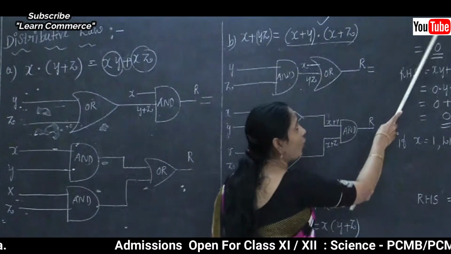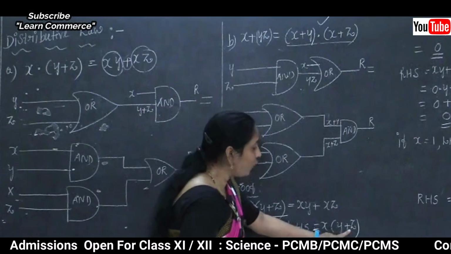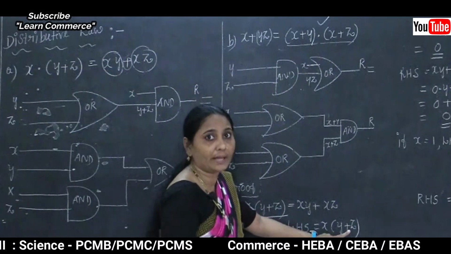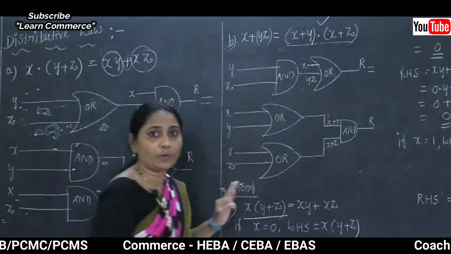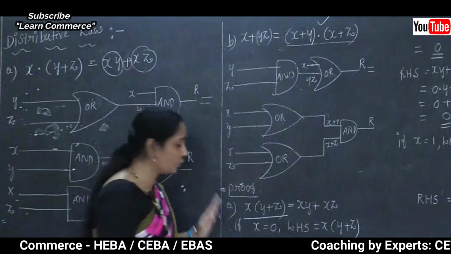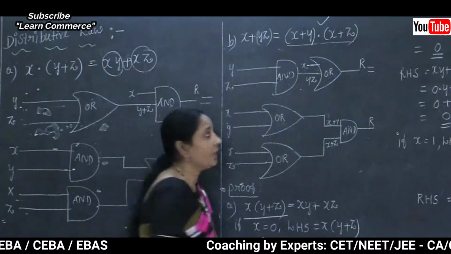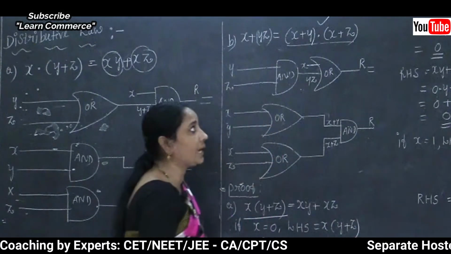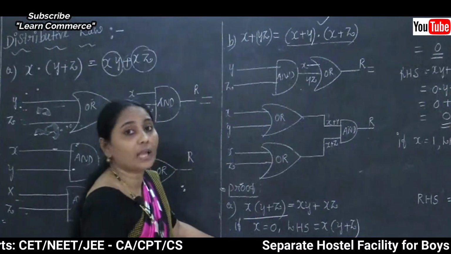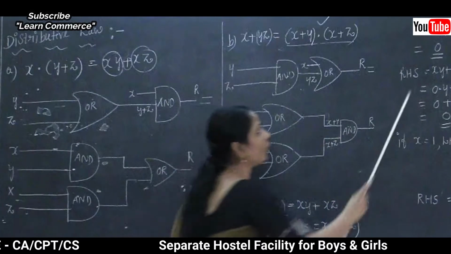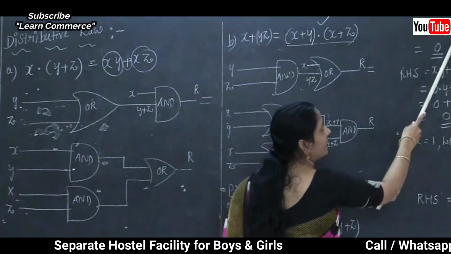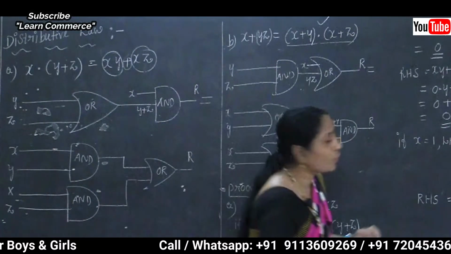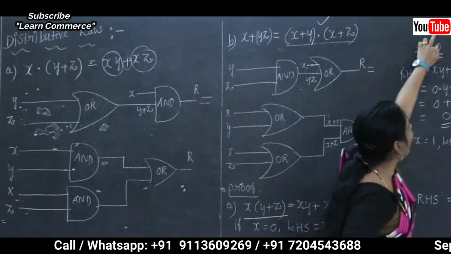So I take x and y plus z, and we know that we provided a value to the variable x, the x value is equal to 0. So 0 and y plus z, with no value given for y plus z, we need to write it as it is. Why? Because we provided the value to the variable x only. So wherever the variable x is there, in place of x I am going to put the value 0. So 0 and y plus z.